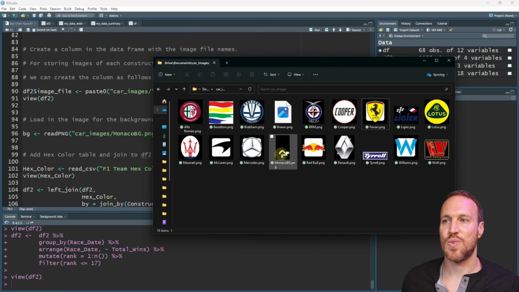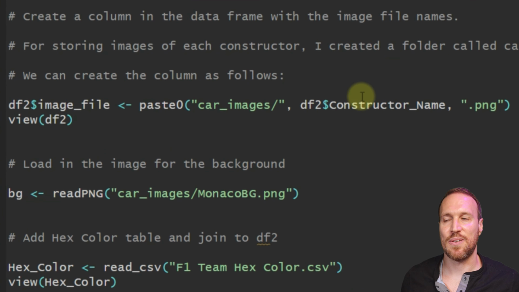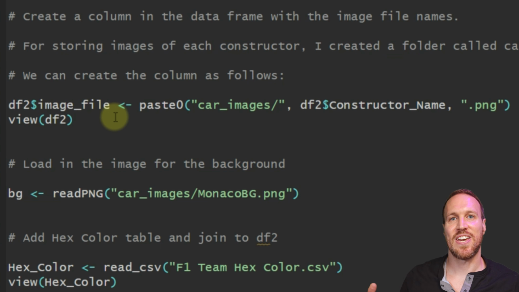So I've got all the logos for the cars, and I also got my background image, which is here. Now, when you download the zip file, all you have to do is just save those in the folder. So if you save these in your documents folder and then give it the same name, this will work perfectly. But again, if you save it in a different one, just remember to put your root where you need to go to. So basically all this is doing is taking your data frame 2 or your df2 table and then